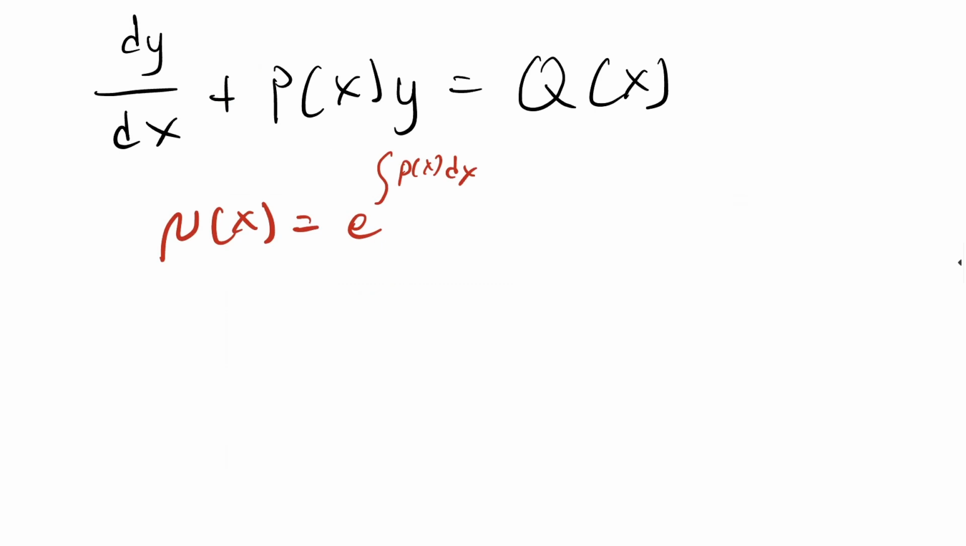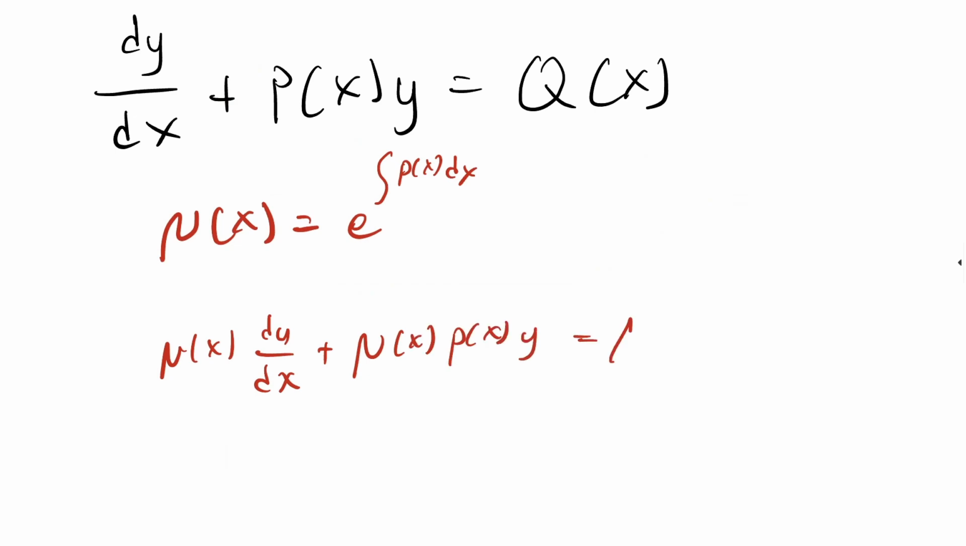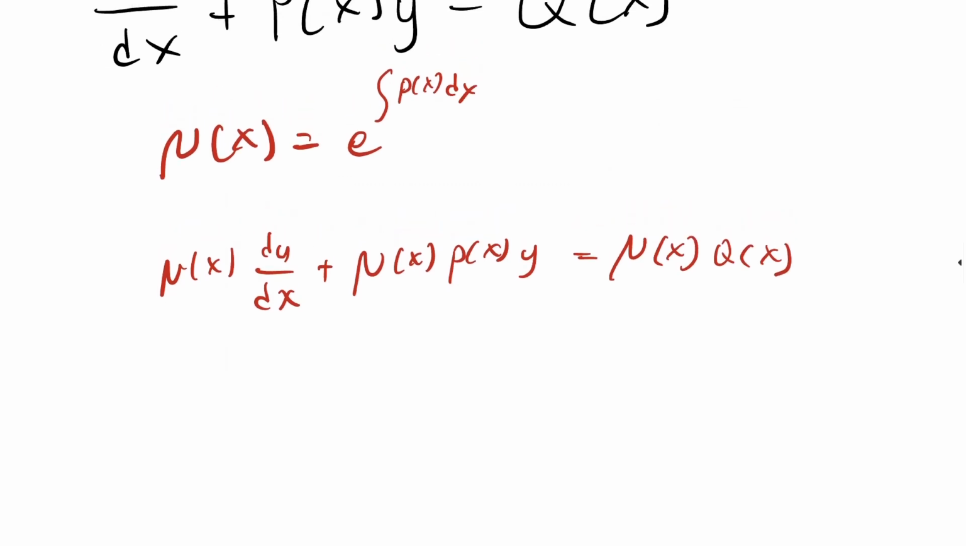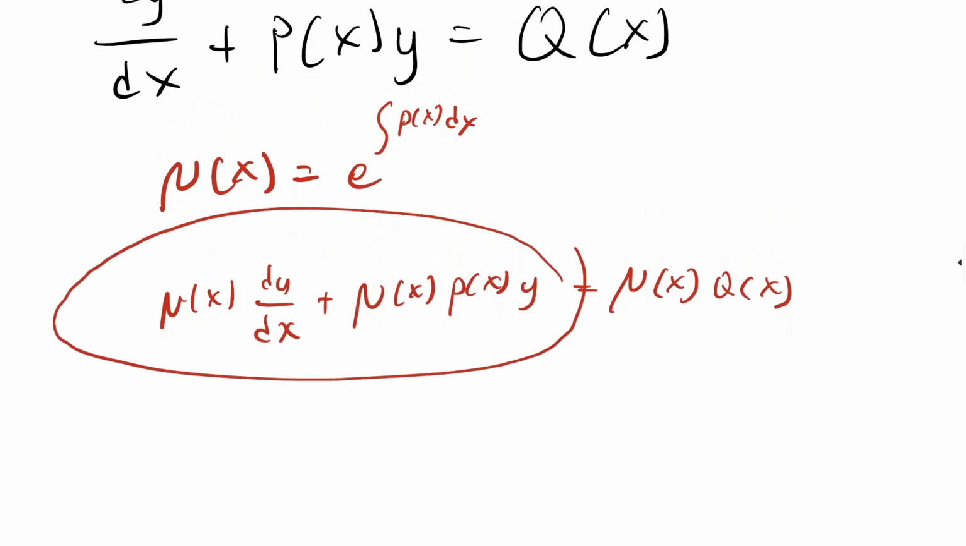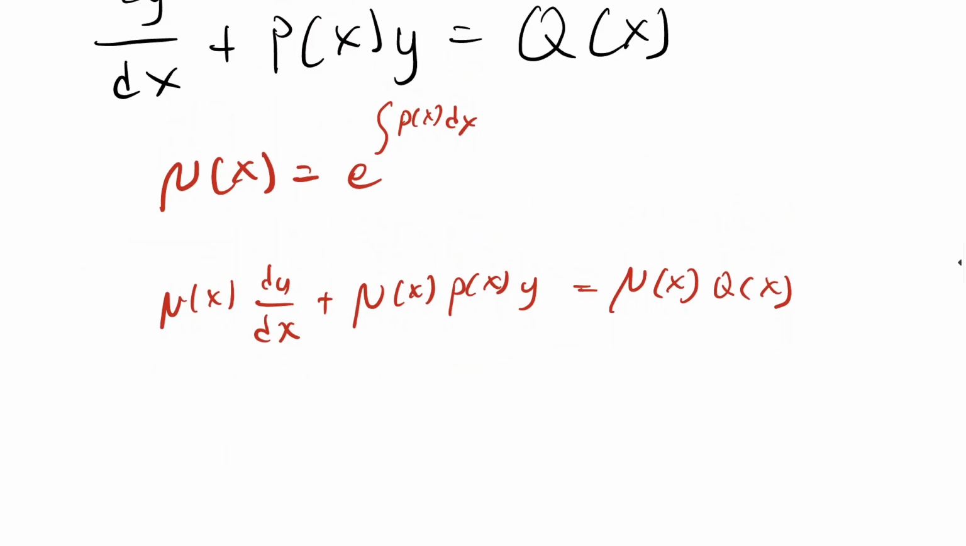And really, once you find what this integrating factor is, you're going to multiply it to this entire equation up here. So it's going to be mu of x dy/dx plus mu of x p of x y is equal to mu of x q of x. And what's going to happen here is that the left-hand side is going to end up as a result of a product rule. So if you remember what the product rule is, if you have a function,